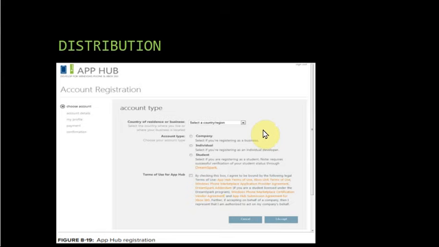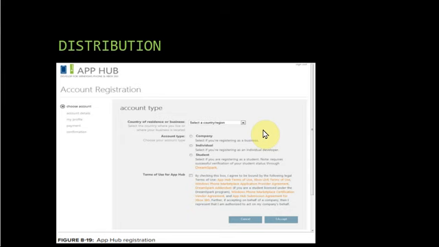In the first step, you have to upload your compiled application XAP file. Your XAP file is a binary for your application that will be pushed to the phone. First of all, you have to give a unique name for your application.